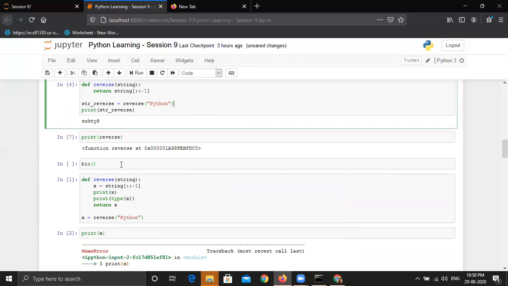This is definitely helpful if you don't know what function arguments to use. It comes in handy when you're working with many functions. Suppose there are 100 functions you are working with right now, it becomes a mess and you have to go back and see the function definition. But if you already defined the function in the current kernel session, you can just check it right away with this method.